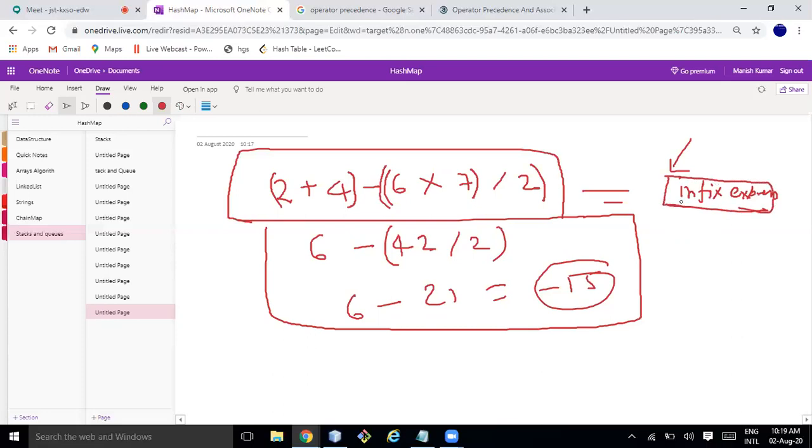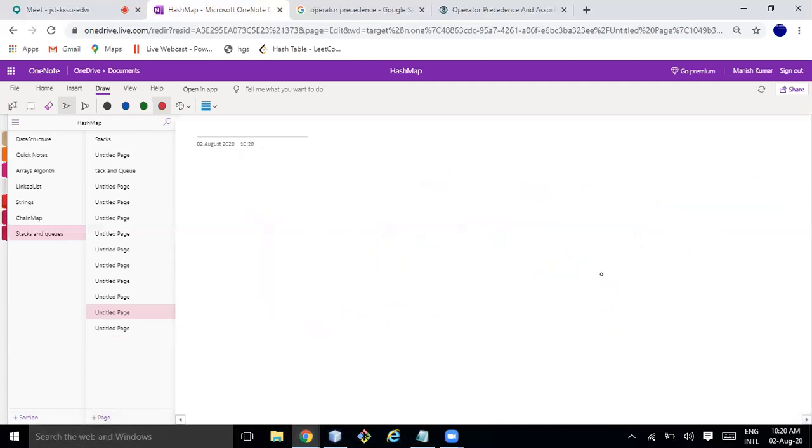But to make infix expression understandable by the computer, they thought of converting it to postfix expression, or prefix expression, either of these two. If you understand postfix, I don't see any confusion in understanding prefix expression, okay?